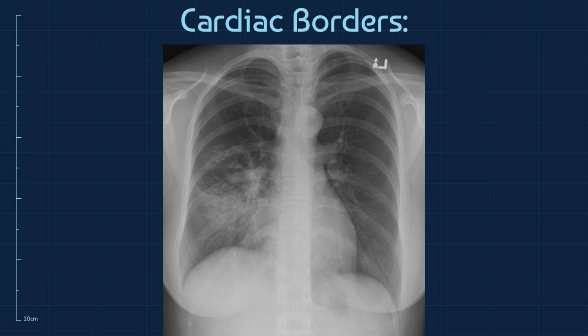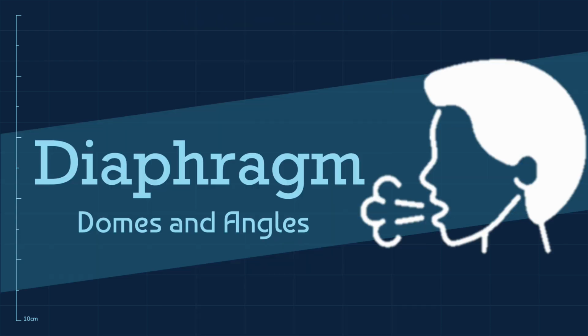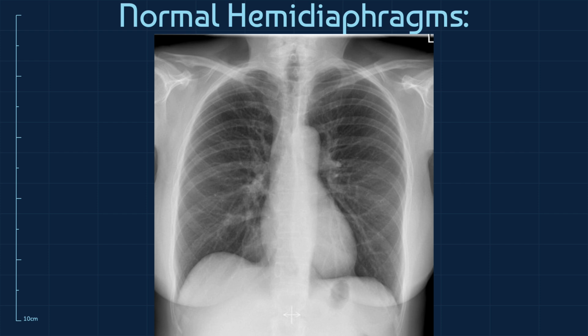But it's always something important to note so you can understand the pathology of what's going on. And now we've approached the D portion of the ABCDEs, where we look at the diaphragm, its domes, and its angles. Some key points I want you guys to keep in mind when looking at the diaphragms is to note that the right hemidiaphragm is almost always noticeably higher than the left hemidiaphragm, and that's due to the presence of the liver over here. And in the left hemidiaphragm, it's common to see this radiolucent finding, which is basically some